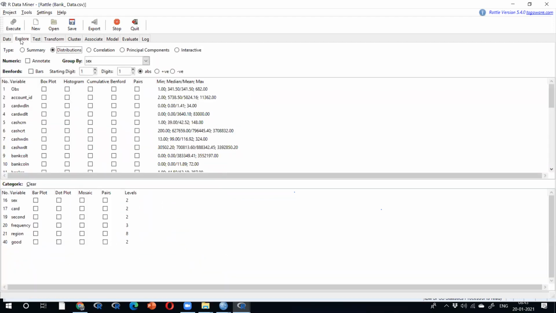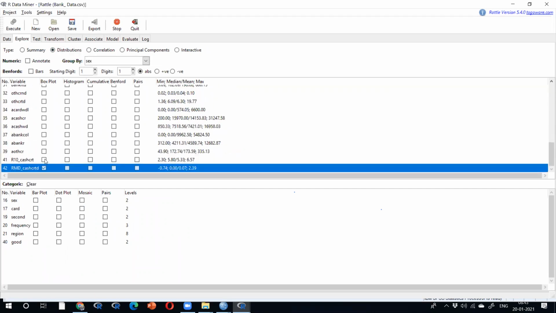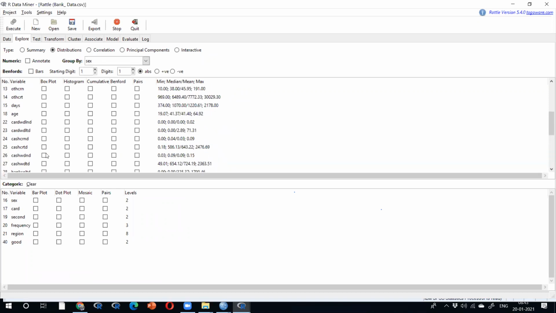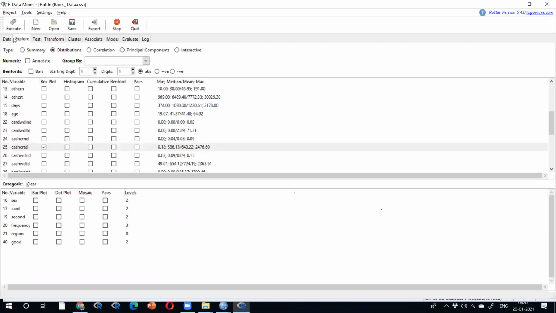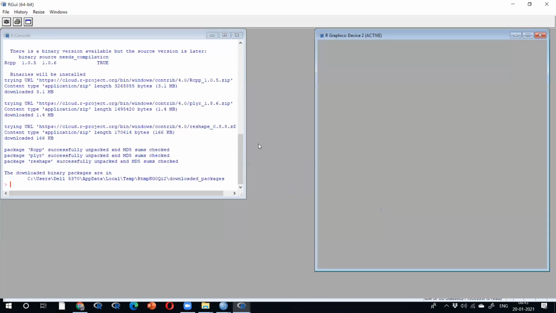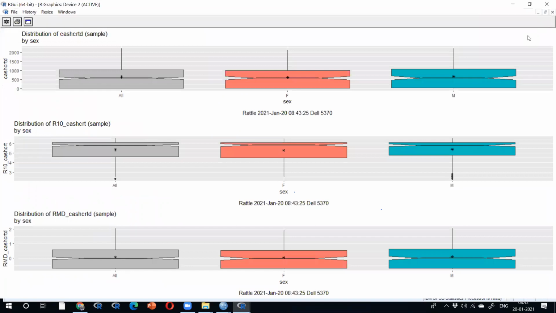Go back, Explorer, distribution, 1, 2, 3, box plot. Oh, sorry, with gender. What happens now?